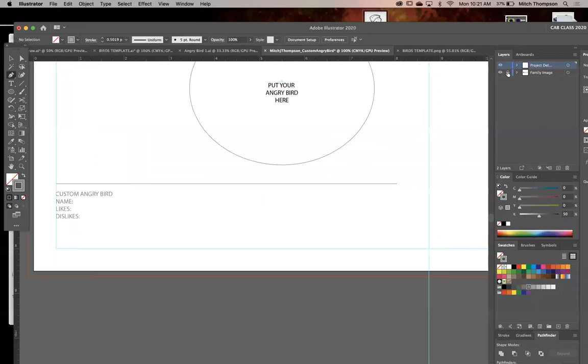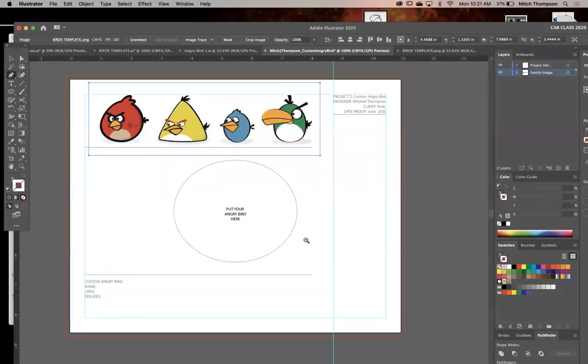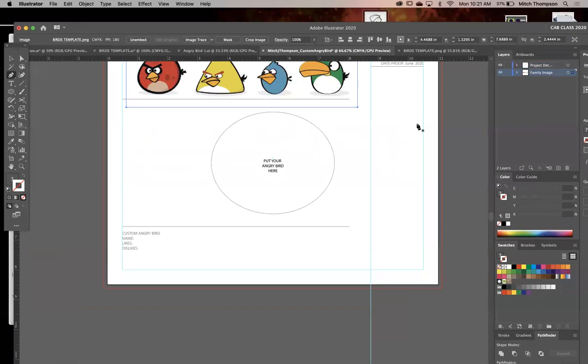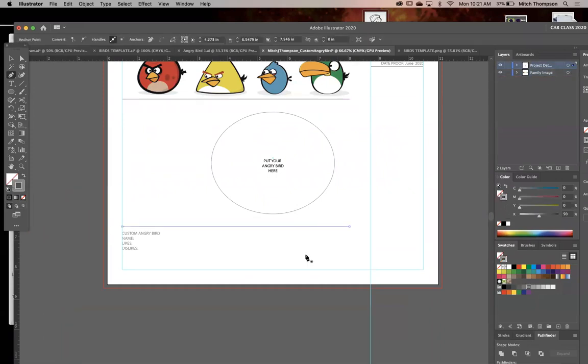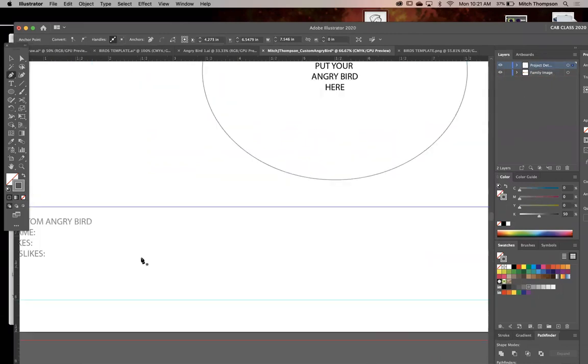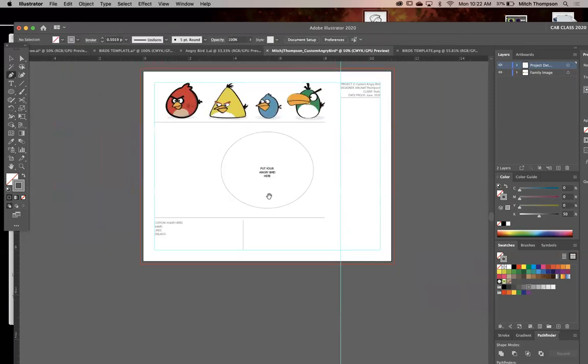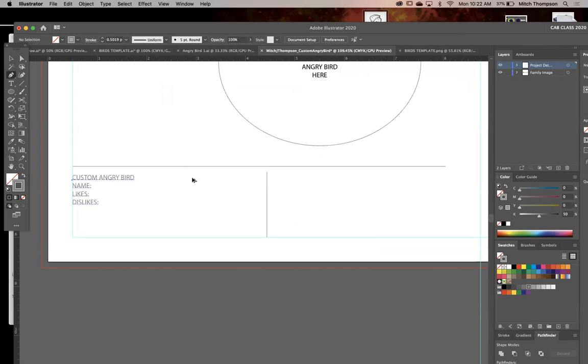Also, if I was working away at something, say on the Angry Bird layer, right? Let me just, there we go. So say I'm on my angry design and I'm working away over here and I'm like, oh shoot, I need to add something to that template I forgot about. Instead of going up here, we can go Command, click, check it out. Project, it takes you right to the project details layer. Now, not only does it do that, but it also allows me to put that line in, right? And so I can just go ahead and put that line in like so. Neat, eh? All right. So I would then copy this over like so.